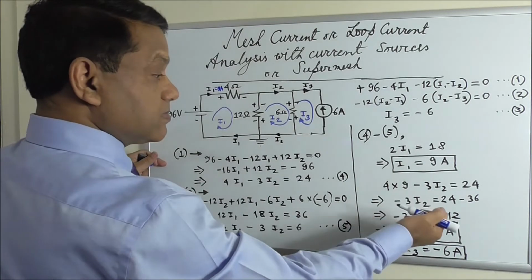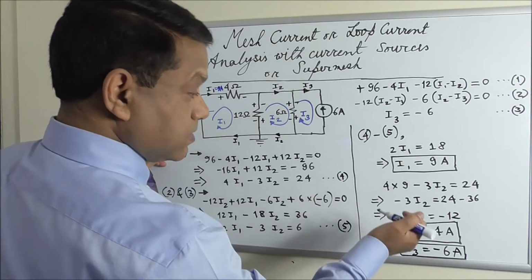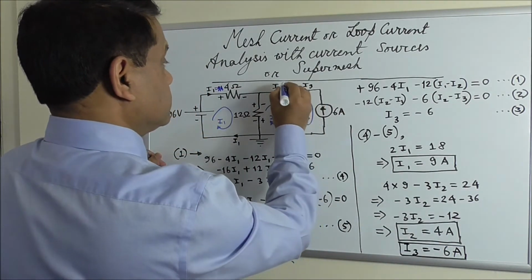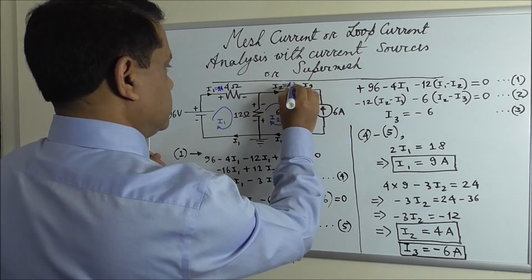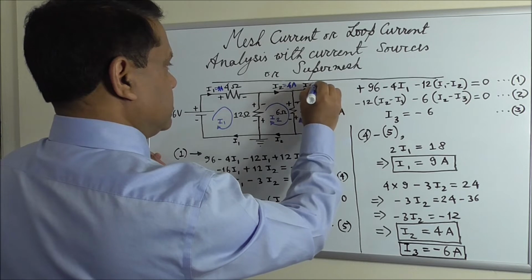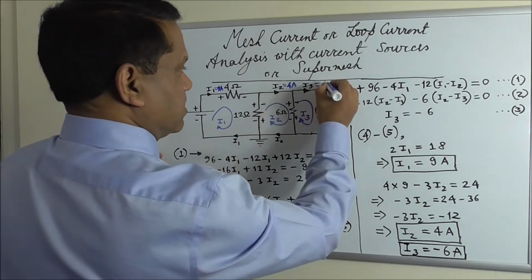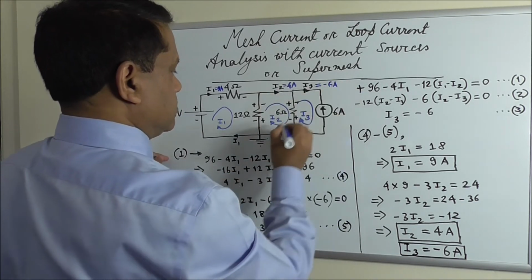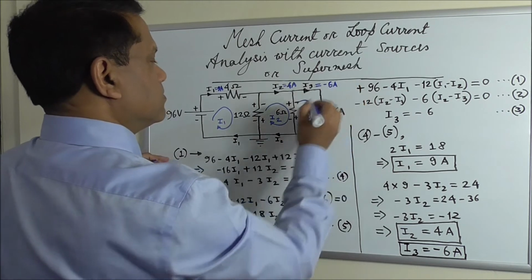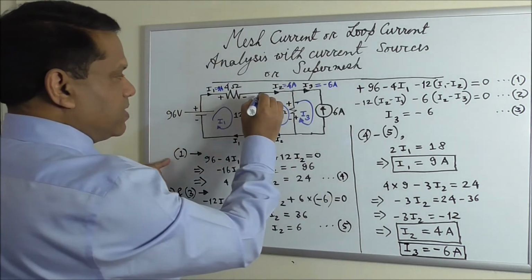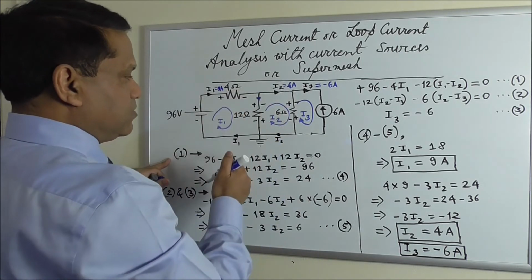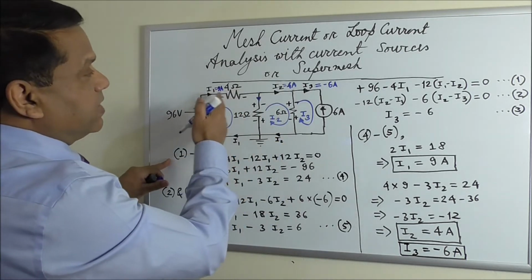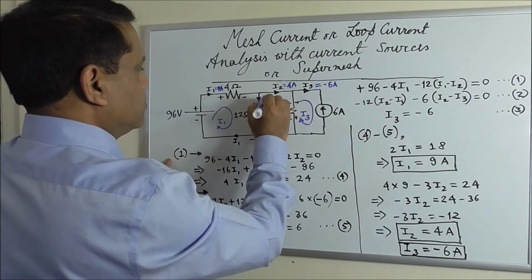I2 is 4 ampere, I3 is minus 6 ampere, and this shared branch's current downward will be I1 minus I2, that is 9 minus 4, 5 ampere,